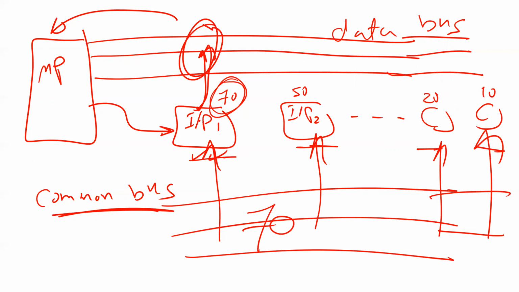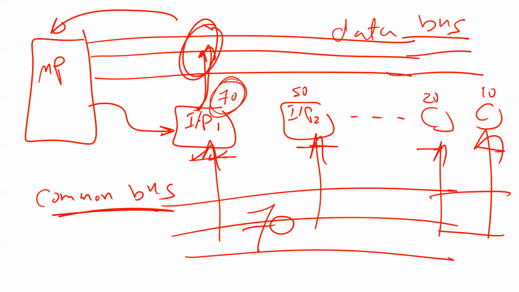Same thing if I want to write data. If I want to write data to one output device, because the data is on the bus, everyone can take it, but only one should take it. Which one? You have to have an address for this. You understand what I'm saying? Just like an IP address. And you will understand better in chapter 3. In chapter 3, you will see these addresses for yourself. You will know this one is connected to port H, and this is the address for port H, and so on. Anyway, is that clear, guys?